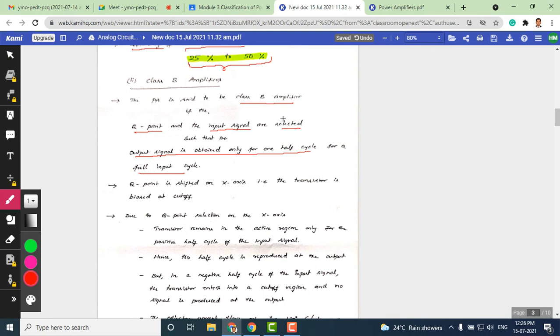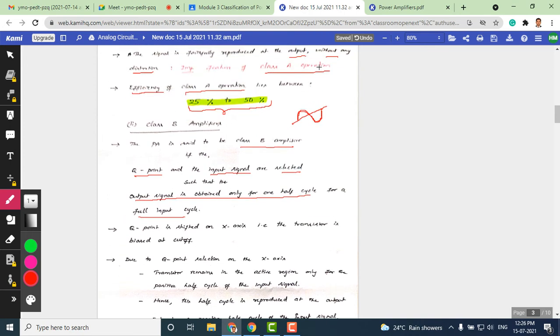Suppose I have a base current flowing for 360 degrees, the entire cycle. This is called one cycle. You might have seen this in oscilloscopes also. When do we say it is one cycle? You can take it from positive peak to positive peak, that is called one cycle. Or sometimes we prefer zero crossing: here it started from zero and again touches zero here, so this is one cycle. One cycle means 360 degrees of phase.